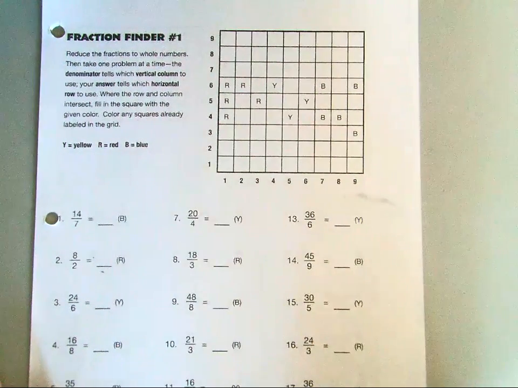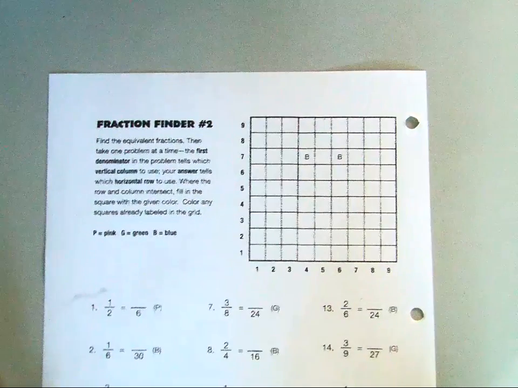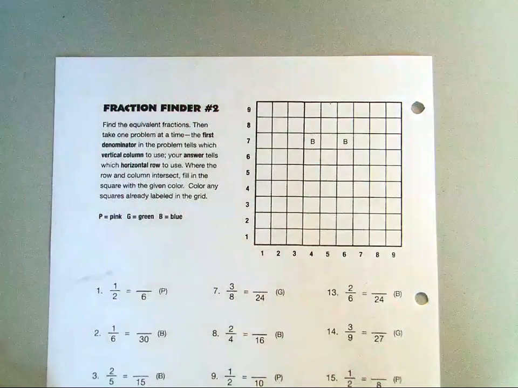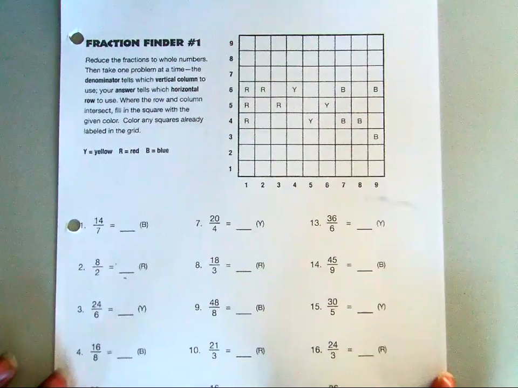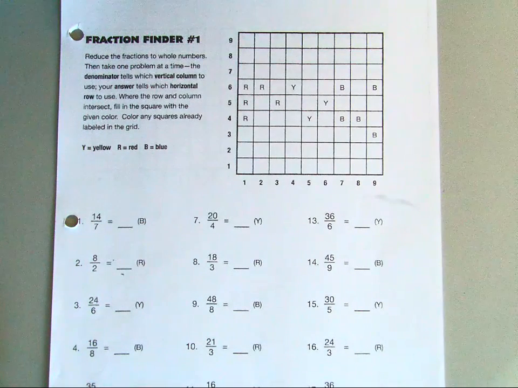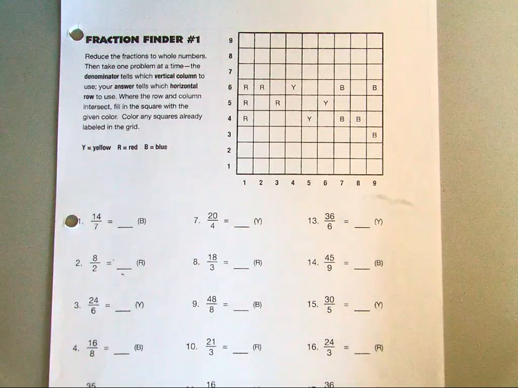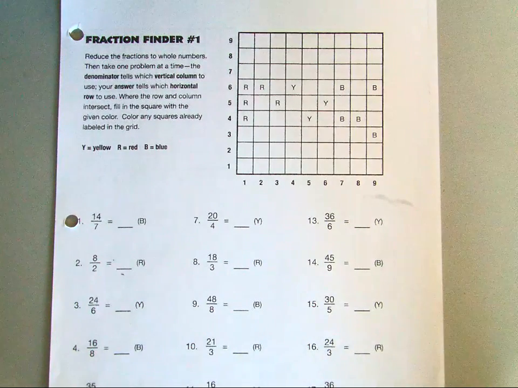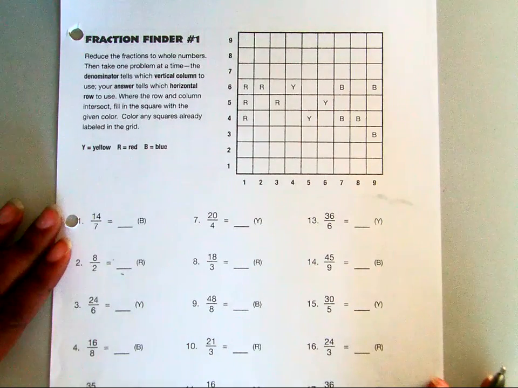So fraction finder 1 is reduce the fraction to whole numbers, and then on the other side it's find the equivalent fractions. So I'm going to show you examples on how to do both sides, and then hopefully you'll be good. And if there are any ones that you thought were difficult, you need to circle them and bring them in and ask questions the next day. All right, so